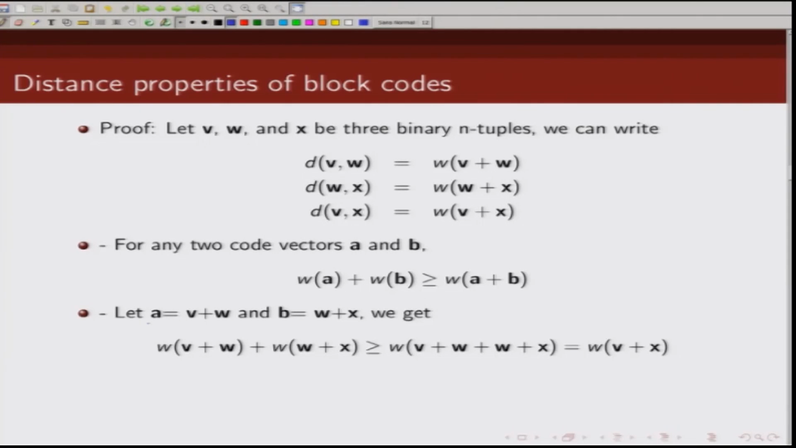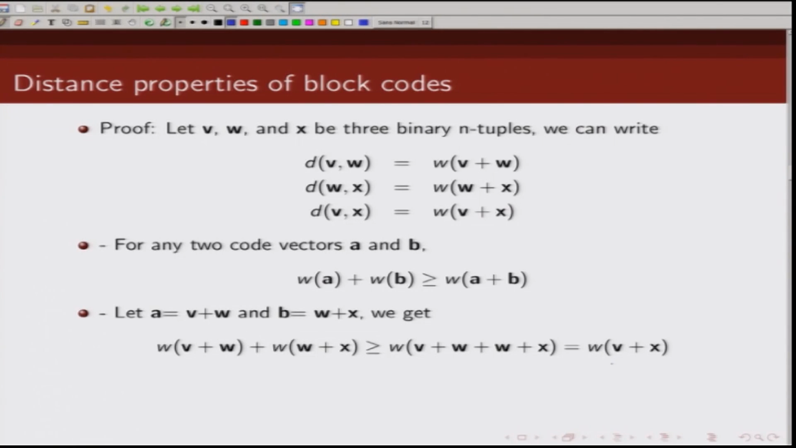If we choose these values of a and b and put them in this inequality, what we get is weight of v plus w plus weight of w plus x is greater than or equal to weight of v plus w plus x. w plus w is going to be 0. So, this will be v plus x, which is given by weight of v plus x. So, what we have shown is weight of v plus w plus weight of w plus x is greater than or equal to